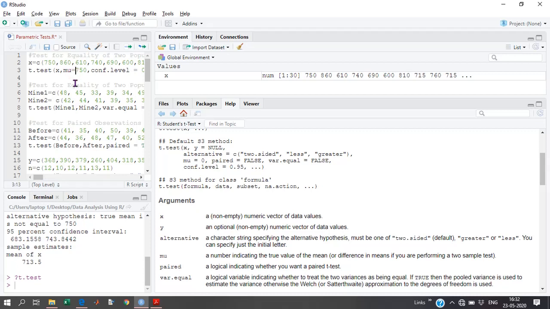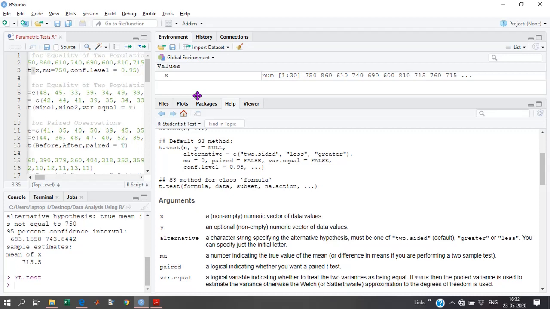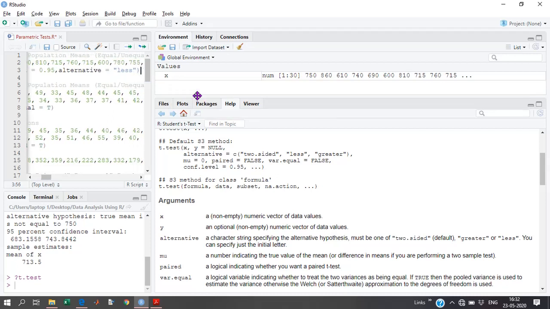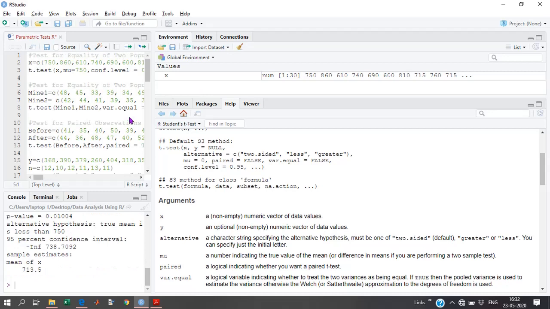If the user wants to check the null hypothesis that mu is equal to 750 against the alternative hypothesis that mu is less than mu naught, in that case we can use alternative as the less than type. Let me check this: comma, alternative equal to less. Okay, let's verify this.